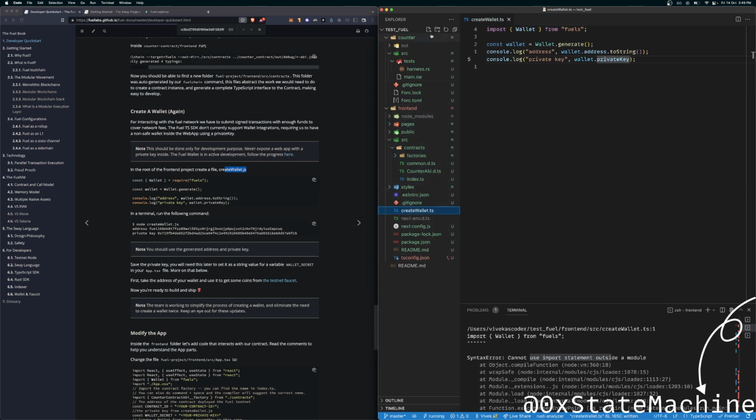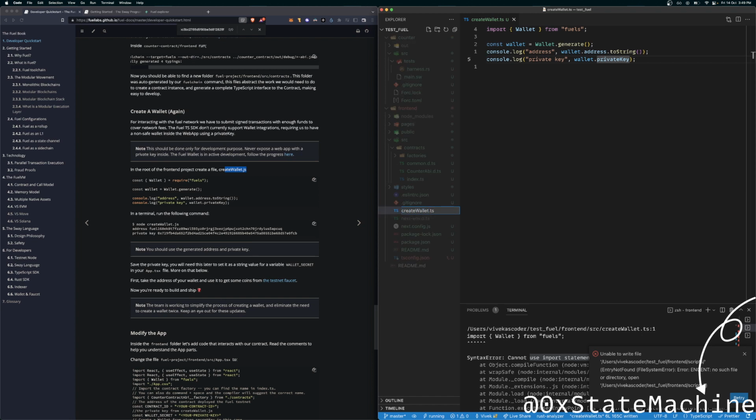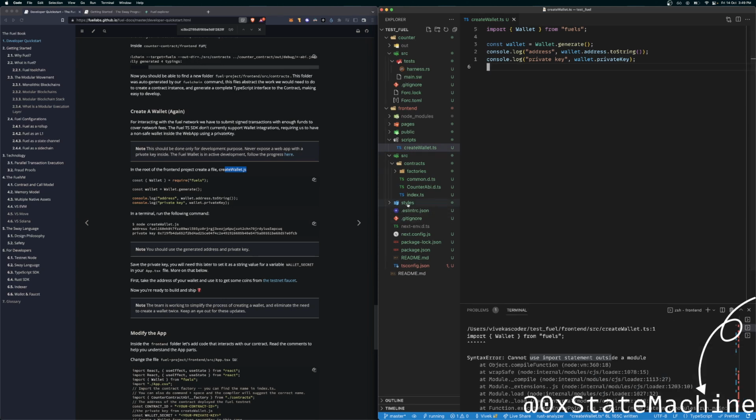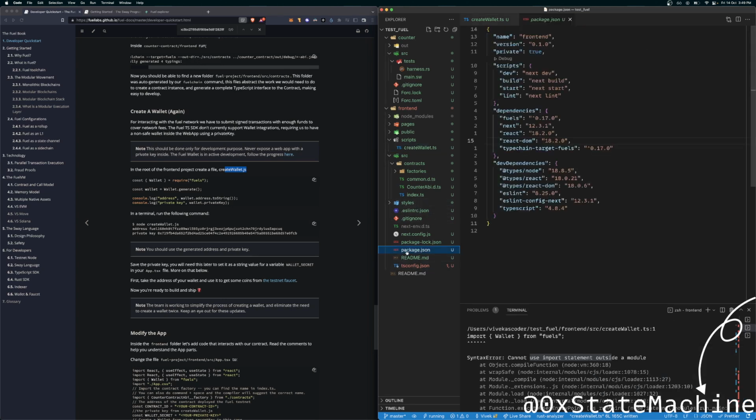Let's go to the front end, create scripts/, let's do scripts create wallet. Can I run it using npm?